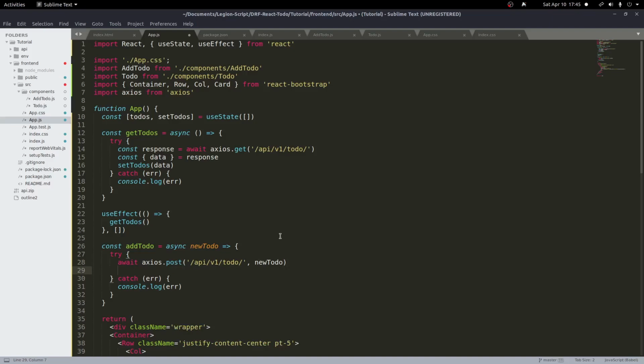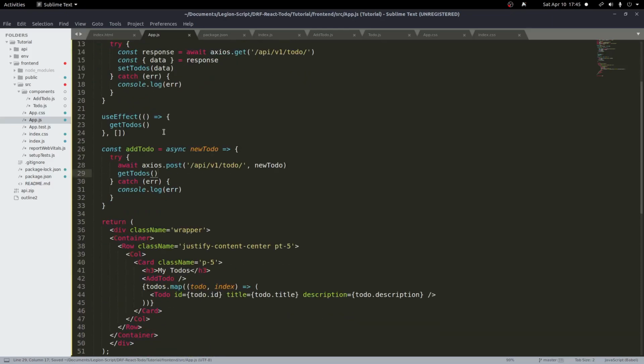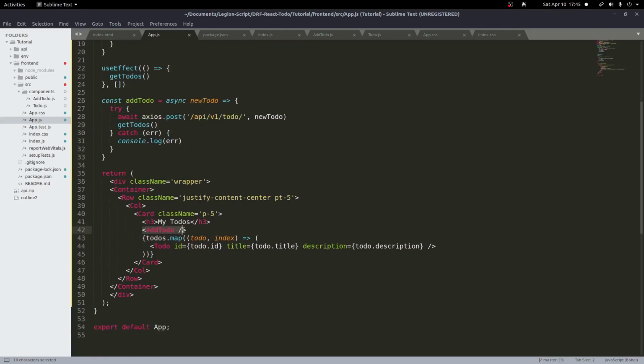And finally, we want to go ahead and run the get to-dos function again to get the new to-dos, the updated list of to-dos to display to the user. That's all we need to do to actually make this API request. But now we need to actually make this work with our add to-do component. So somehow we need to go ahead and call this add to-do function, passing in the new to-do